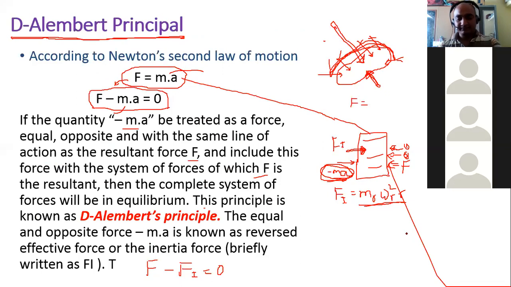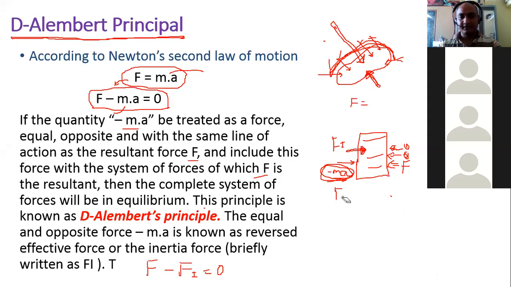Let us say there are some bodies. Okay, so let us assume that there is one link, second link, maybe third link. There are maybe many links. So how to use this D'Alembert principle to find out the torques, forces required to keep the system in equilibrium. We are going to use D'Alembert principle to find out the torque, forces to make the system equilibrium. Not dynamical equilibrium, but only static equilibrium.